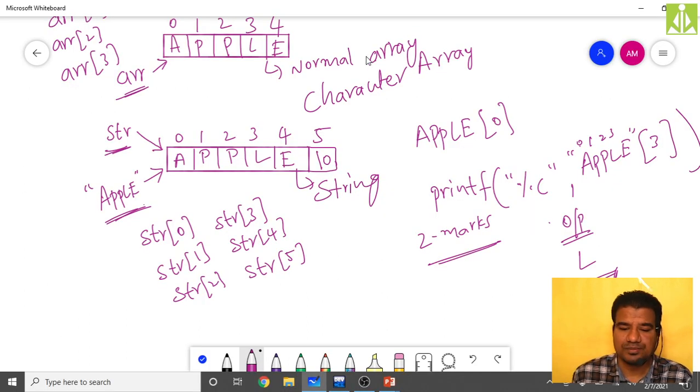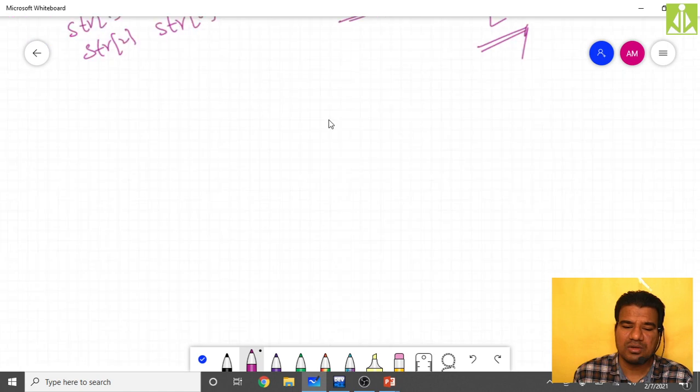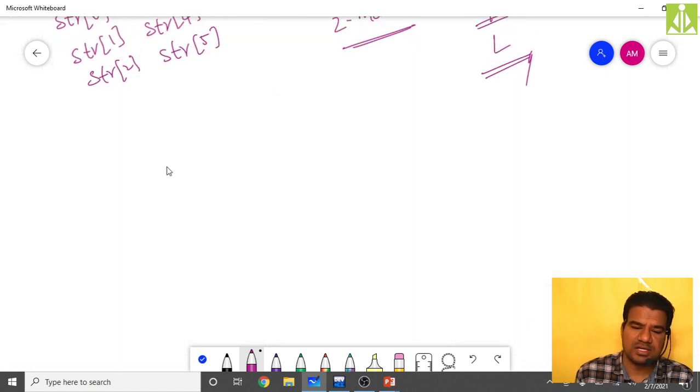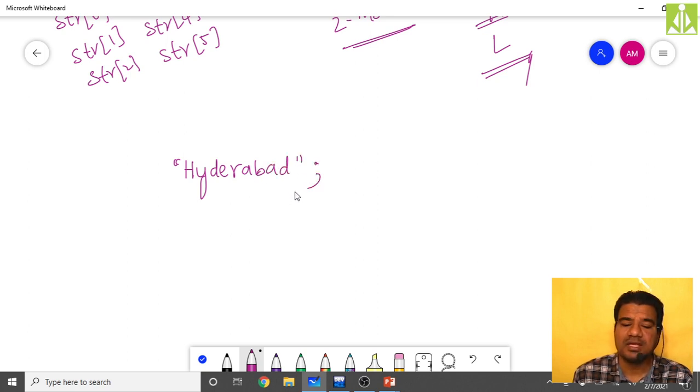Let us assume what I am doing now. In my program, I am using double quotations followed by Hyderabad. This is my string literal, my string constant that I am using in my program.